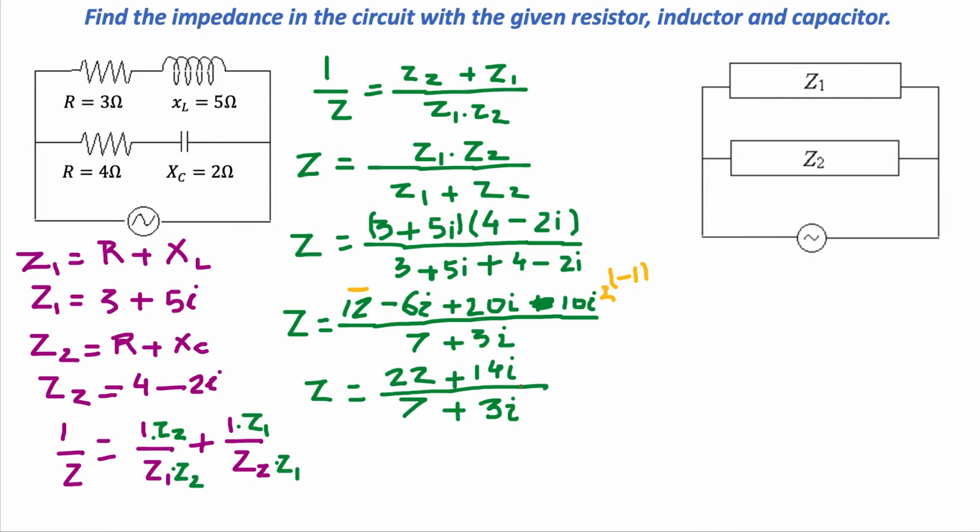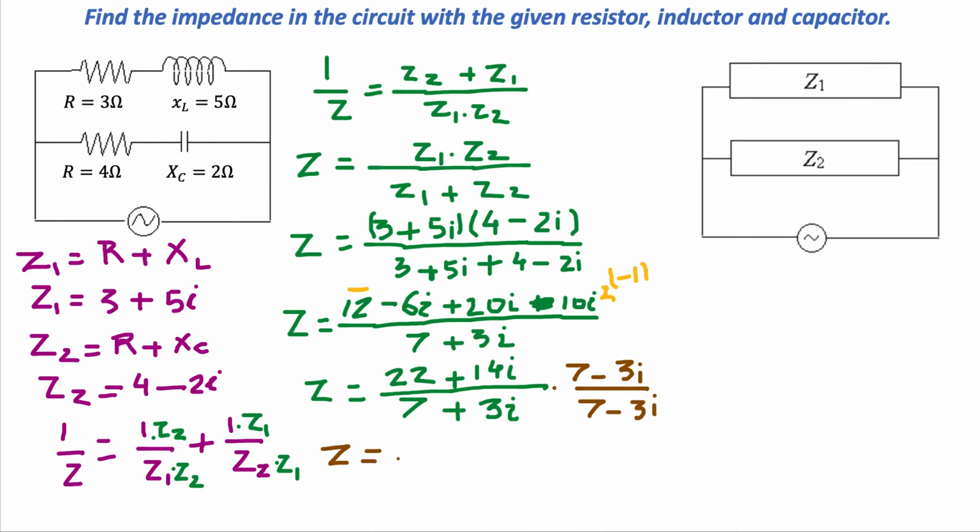And what we are going to do is multiply by the conjugate of 7 plus 3i. And the conjugate of 7 plus 3i is going to be 7 minus 3i. And we are going to multiply with this conjugate, 7 minus 3i. If we are multiplying everything, then z is equal to